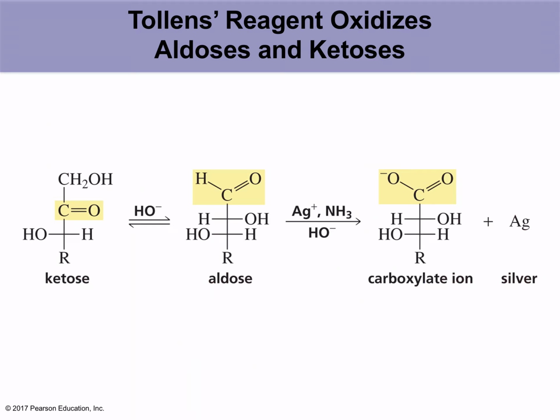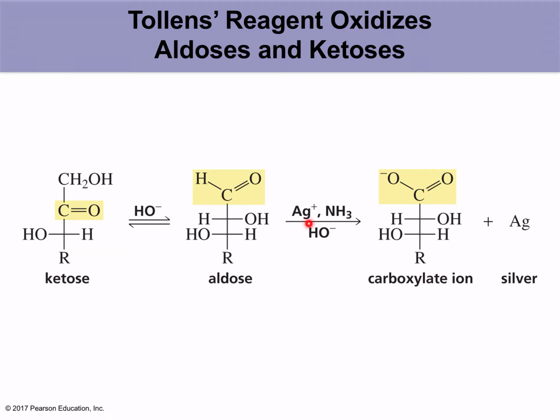Another oxidizing agent is the Tollens reagent. The Tollens reagent is capable of oxidizing both aldehydes and ketones, meaning aldoses and ketoses. Now this is a ketose. In the presence of hydroxide ion, it can oxidize. Let's start from here. So this is a ketose here. The ketose will first convert in the presence of a base to the aldehyde, the aldose,